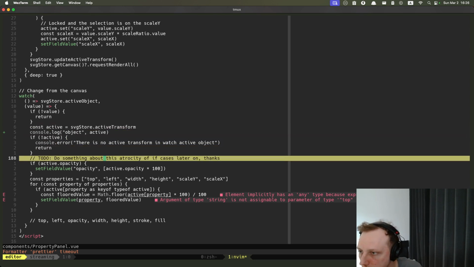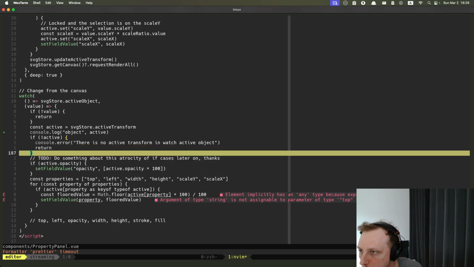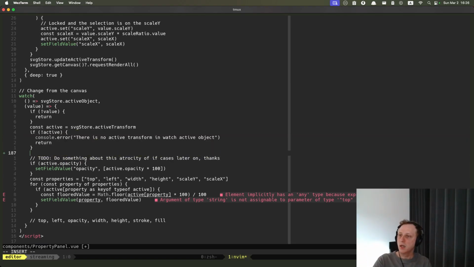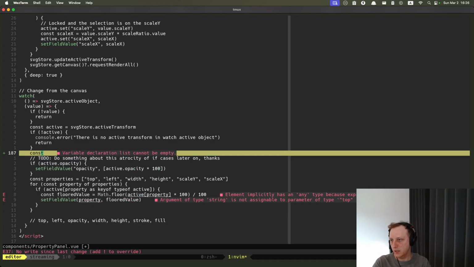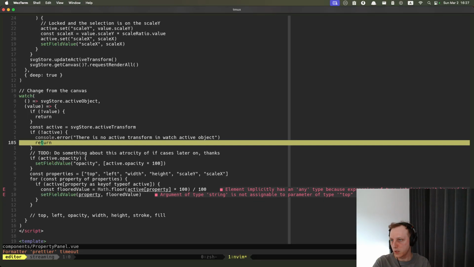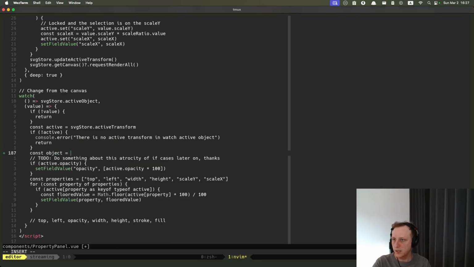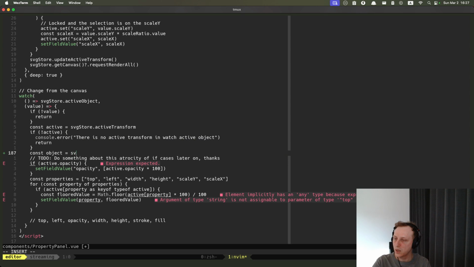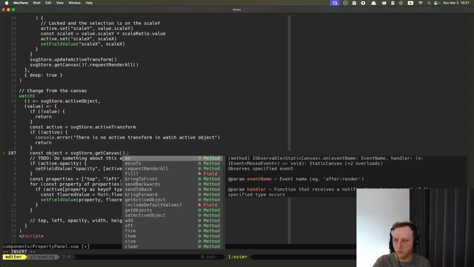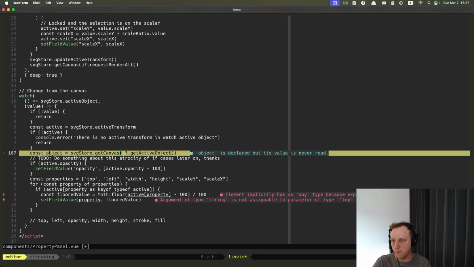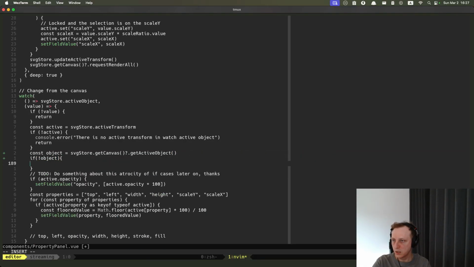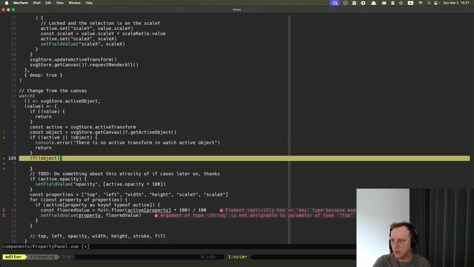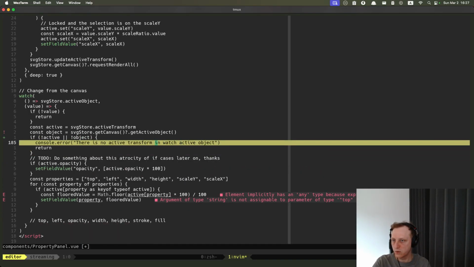So let's see. Active object. Oh yeah, because we are changing it, right? But I can do. Can it fix the styling here? No, it's broken. Okay. So object is like the canvas, right? We need the canvas. Where do we get it from? SVG store, get canvas, and then we are going to retrieve the active object, right? So if we don't have the object, it's the same thing as if we don't have the active, right? So if you don't have this or you don't have the object, it's basically the same thing. It's like something went wrong. Active transform or object,